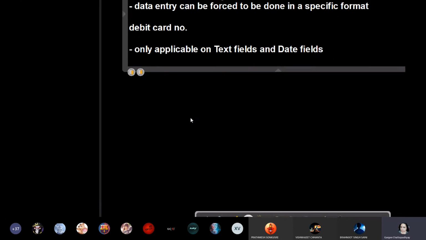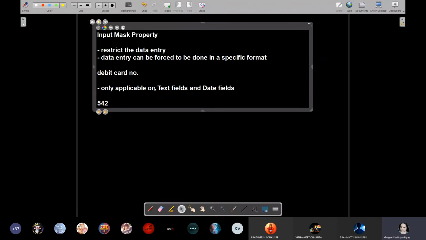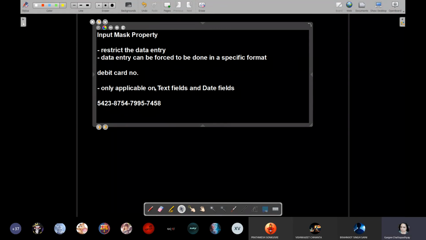Now what do I need over here? Look very closely. If it is some number like this, what do you see? First 4 numbers, then a dash, then 4 numbers, then a dash, then 4 numbers, then a dash, and then 4 numbers.